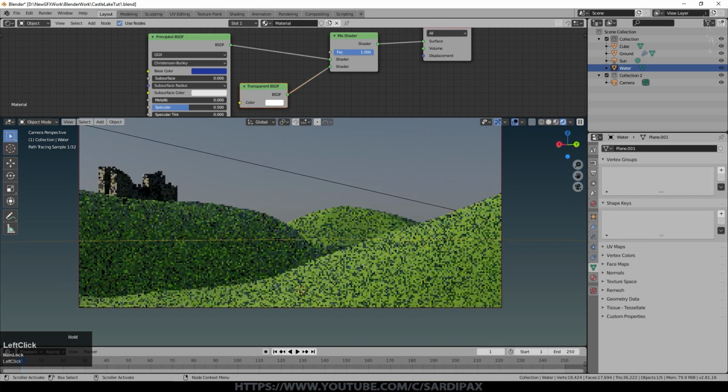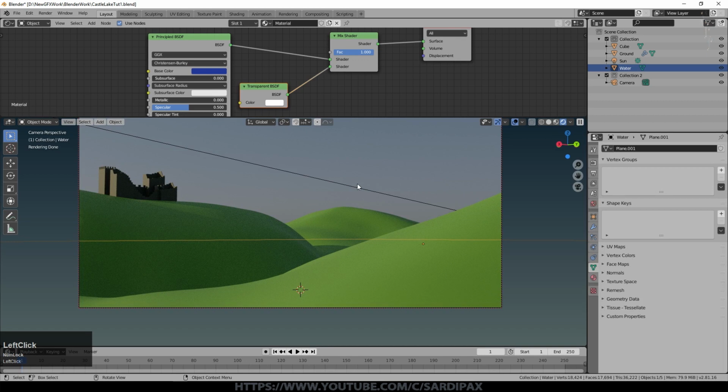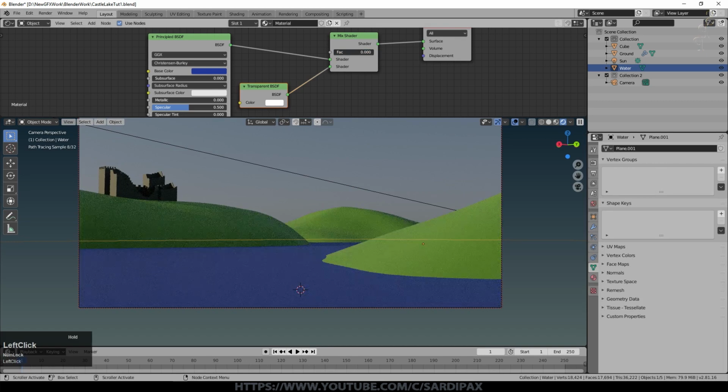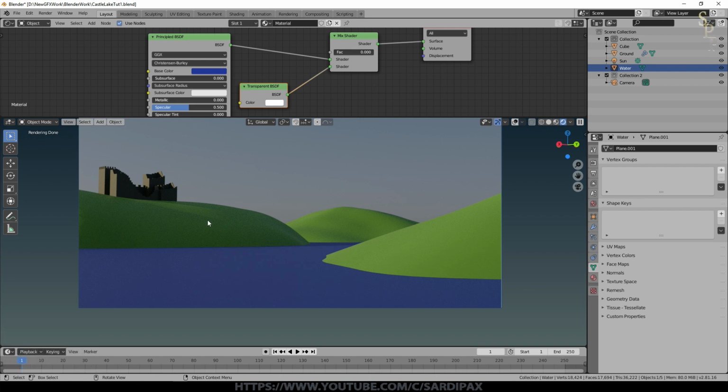So obviously all the way over to the right the water's invisible, all the way over to the left, and it's very visible. By the way, you can see this orange line running across the centre there. That's the selection line, and very often it's useful to turn that off, but it's good that we can have it there even in rendered view and toggle that view on and off. So I've still got the water selected, but the selection line is no longer showing. I'll just turn that off because I think it's a bit distracting.